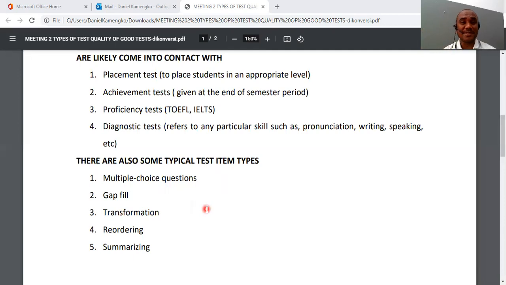I just put it with the different names. Okay. And summarizing. Summarizing is one of my favorite tasks. That's why if you see my task that I was given to you, I put the summarizing, an essay, right? So summarizing is you have to have a very good knowledge to summarize, like you read an article, then you summarize, read a paragraph and you summarize, and you put your ideas on it. And I really, really love this type of task. It's making kind of an argument and put in writing. It's really nice. Okay.